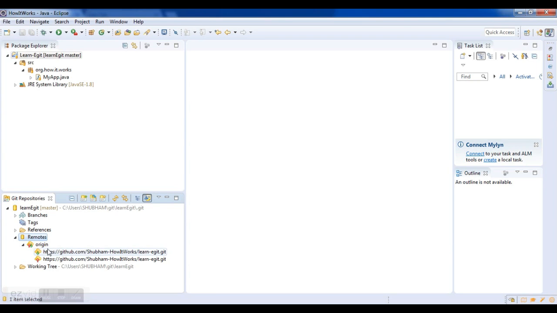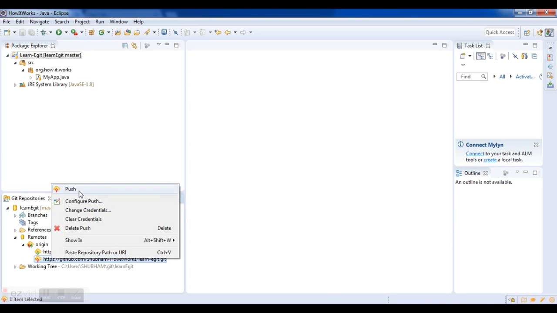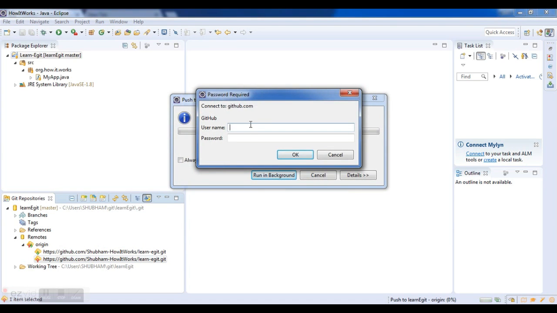And now if you see, the remote is configured in my remote folder, and you see here this green arrow represents the fetch operation, and this red arrow represents the push operation. So I want to push my code to the central repository. We'll right click on this and then say push, and then it's going to ask me my username and password, and